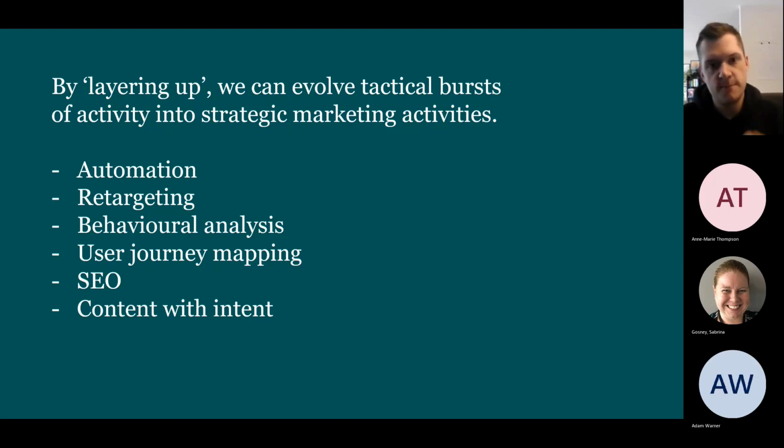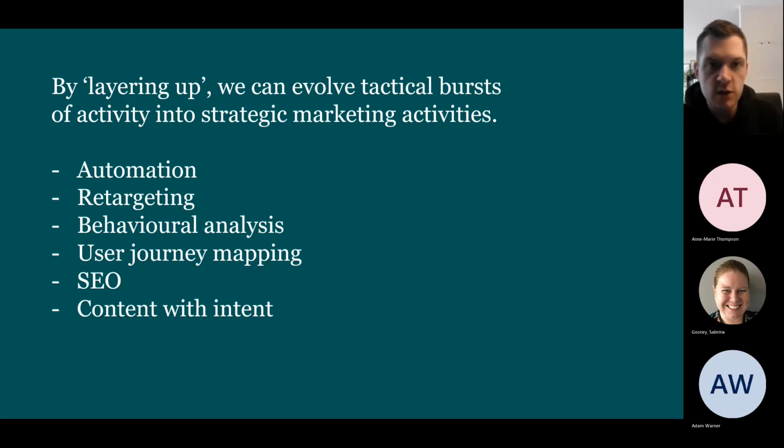And that could be anything from just purely titles and subject headers. It could be a case of replicating some of the copy, or it could simply be some of the imagery. We found quite a lot with activities we've done where the use of sector-related imagery is the difference between a conversion and not a conversion. Sometimes something that's a bit more generic just doesn't have the impact that we want it to have.